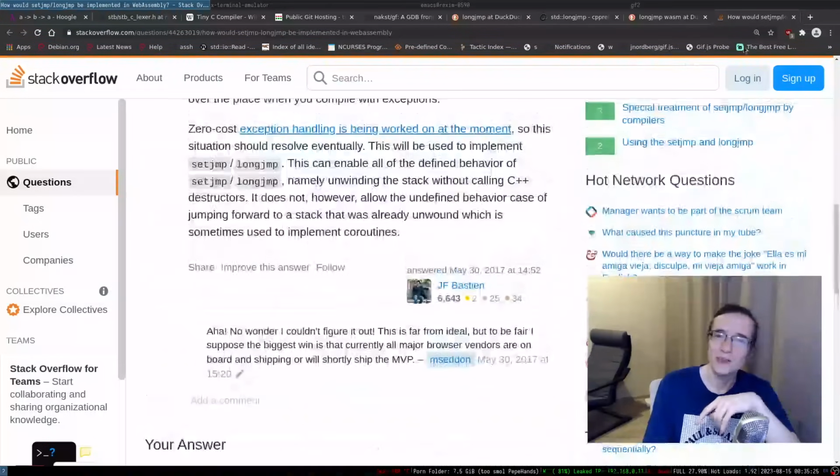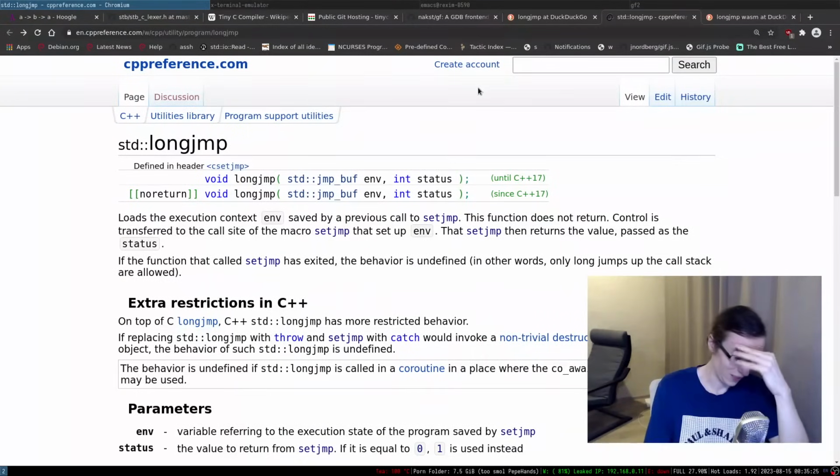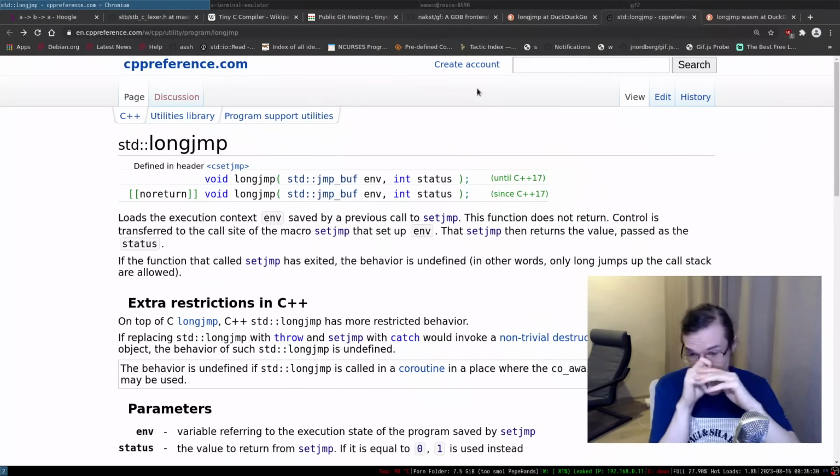So basically, in WASM, it's a huge pain in the ass. Continuation is similar to how I was implementing goto for OCaml or something like that. So anyway,